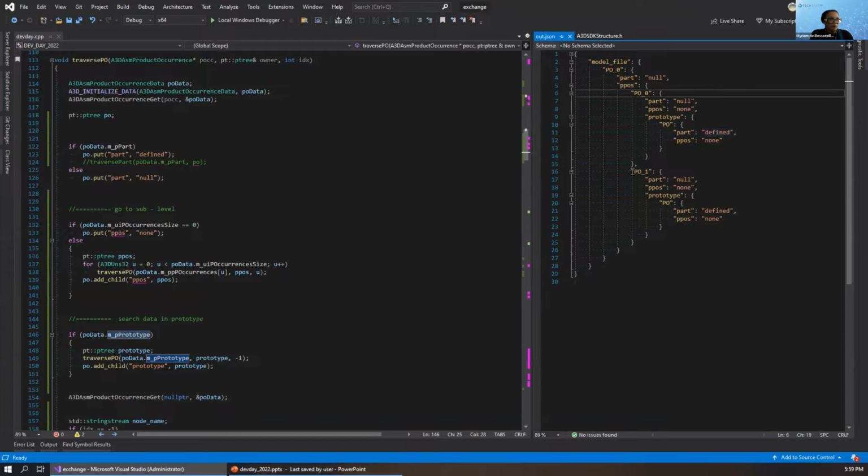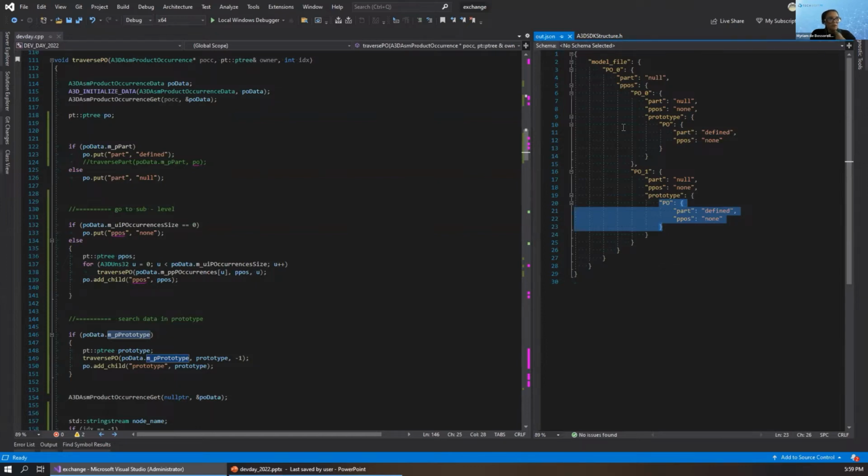And we have 2 instances that define no part at this level, but have access to a part through a prototype. So this kind of product occurrence that has no prototype inside is called a root product occurrence, because it corresponds to a product occurrence that we can find under a model file.